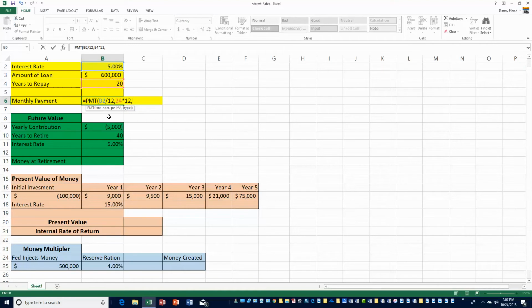And the last part is PV. What's the present value? What are you getting the loan out for now? You're getting a loan out today at $600,000. You're going to be paying it back over time with this payment. So I close my paren and enter, and you can see it's $3,960, right? It's a negative number because in financial terms, it should be a negative number. You're paying money out. You're getting in the $600,000 to buy the house, but you're paying out the